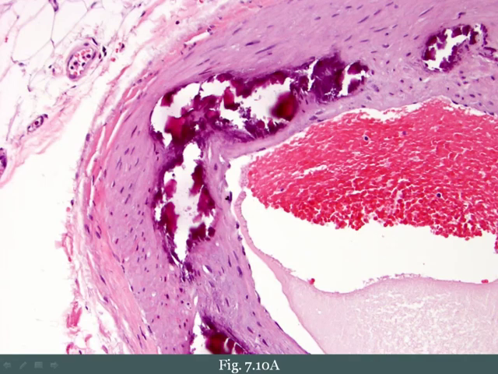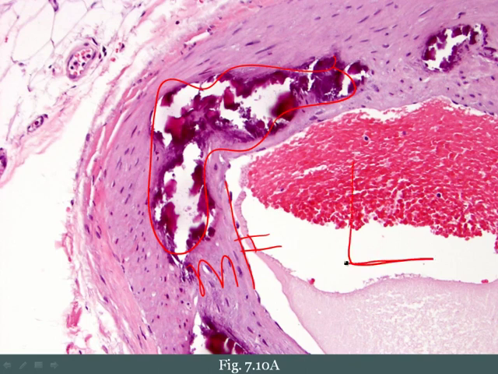You see a blood vessel wall. This layer here represents the intima. You can see the intima is right up against the smooth muscle media, as it should be. And then within the media, you can see that you've got this area of calcification. So this is Mönckeberg's medial calcific sclerosis. Again, it does not alter the luminal caliber, and therefore it does not affect blood flow, and therefore it is not clinically significant. The only reason you need to know about it is because it can show up on X-ray,